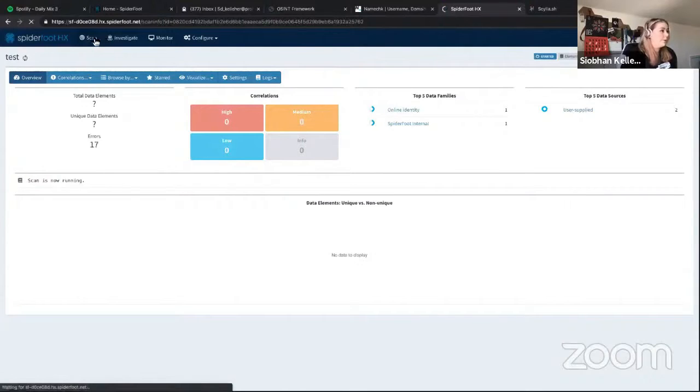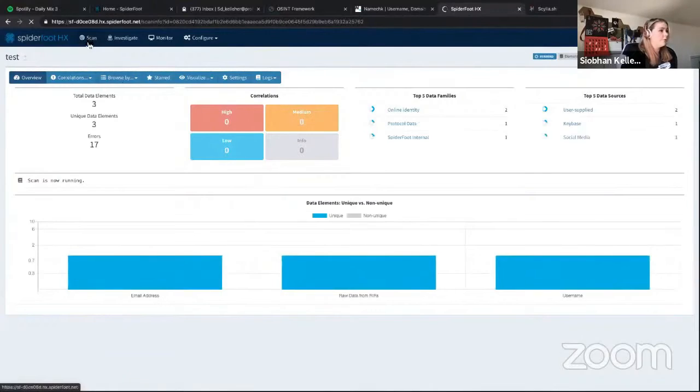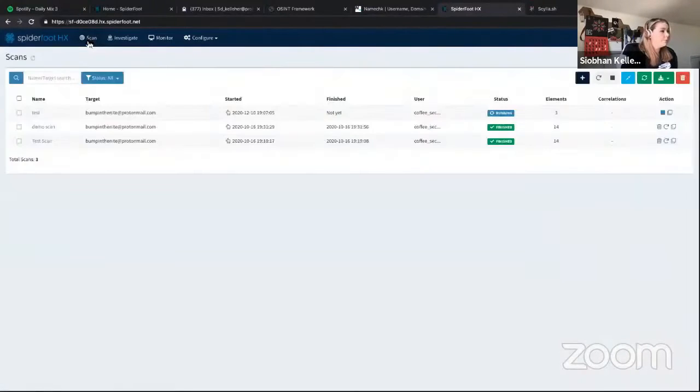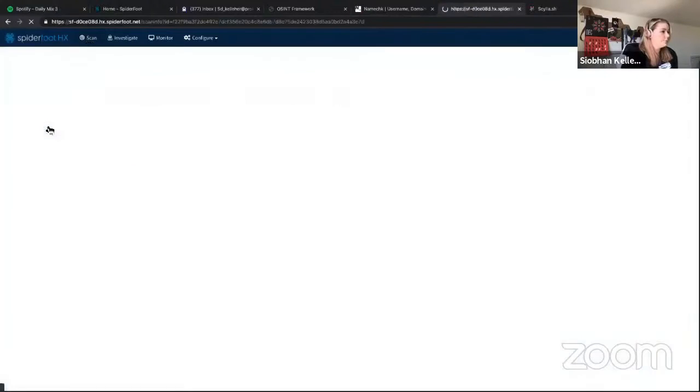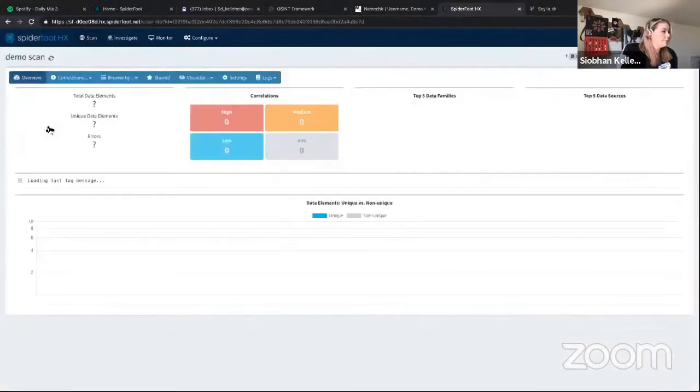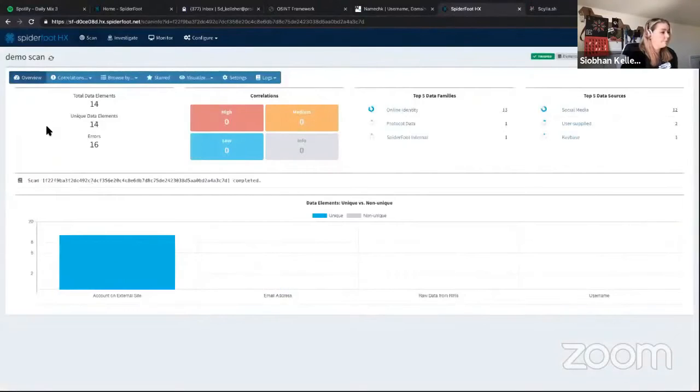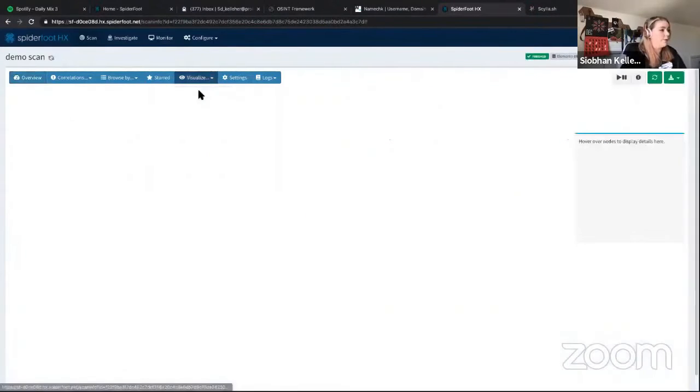So I've run this scan before, so we can go back to the scan section and open it. So this is a SOC account that I don't use too much, so it doesn't come up with a whole lot of things that it's found in, but there's a couple different things that I want to highlight. And one of them is the node graph.